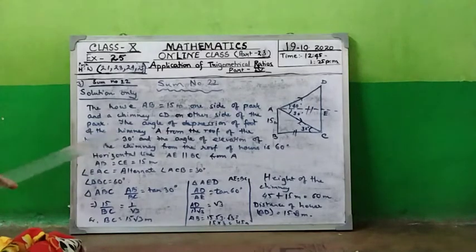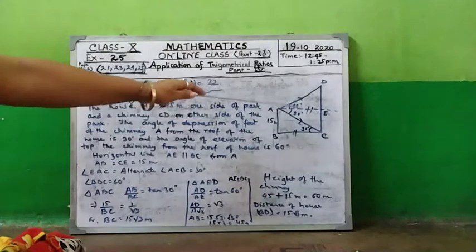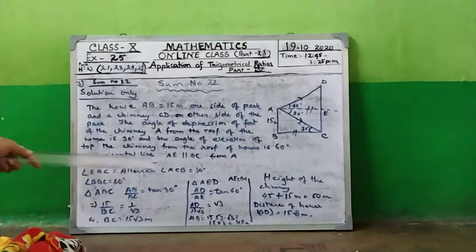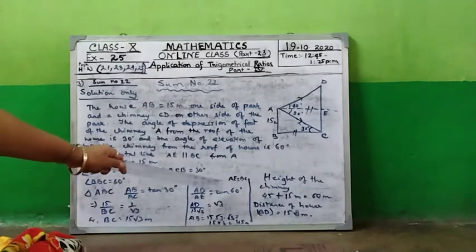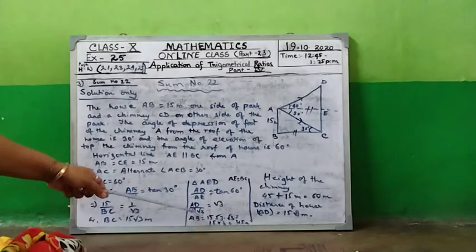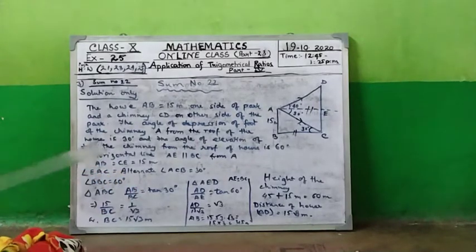So BC is equal to what? AE. We know that. So in triangle AED, we know BC is equal to AE, so instead of AE, we will put the value of BC. So DE by AE is equal to tan 60. So DE we don't know, but what is AE? AE is equal to BC, that is equal to 15 root 3 meters. That is DE is equal to 15 root 3 meter into root 3, that is root 3 into root 3, that is 45 meter.